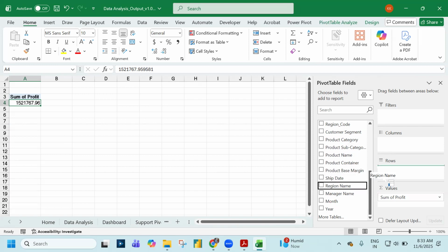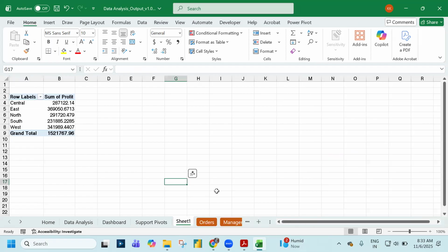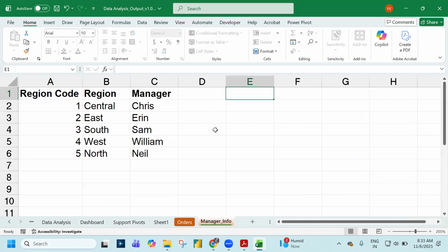Which region has the least profit? Time started. 1, 2, 3, 4, 5. Done. What is it? Central. Central. Okay. See, usually why these questions come up, because business wants to take a very crucial decision looking at